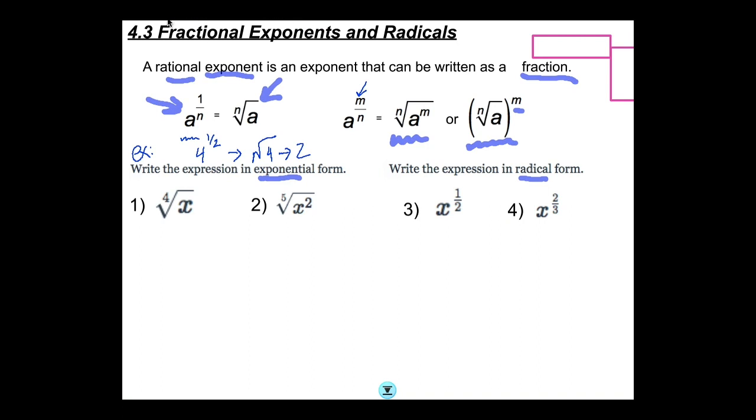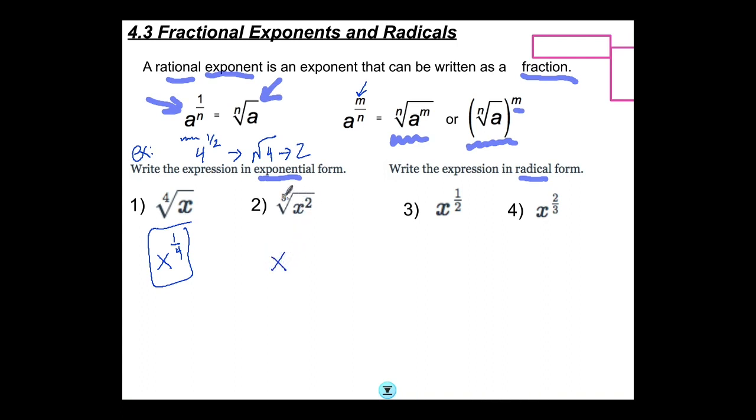All right, so a little bit of practice for us here. The fourth root of x can be rewritten as x to the 1/4 power. Okay, so the fifth root of x squared, we're just practicing, can be rewritten as x to the